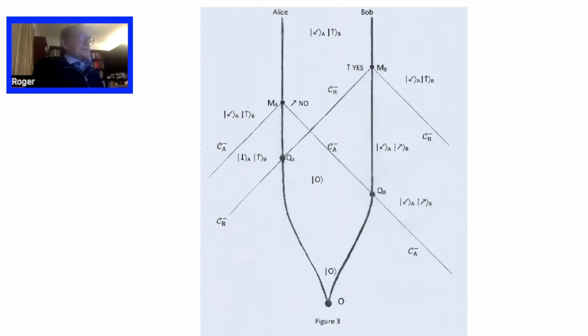Where she doesn't choose to make the measurement, and not much later, till the point right up at the top right, which is when he makes the measurement, and he chooses up and down. That makes quantum reality go back along the past light cone. And here I've sort of put in all the different areas where the quantum reality can be determined, right between the two sloping lines right at the bottom. You can see the quantum reality has to be this entangled state.